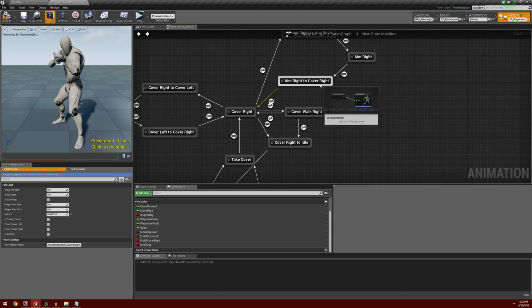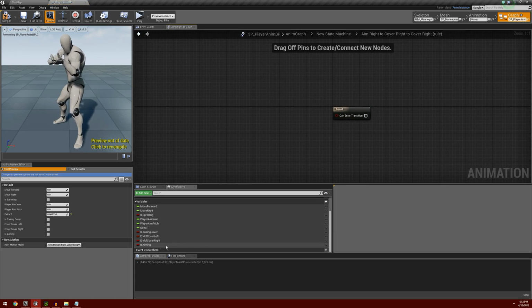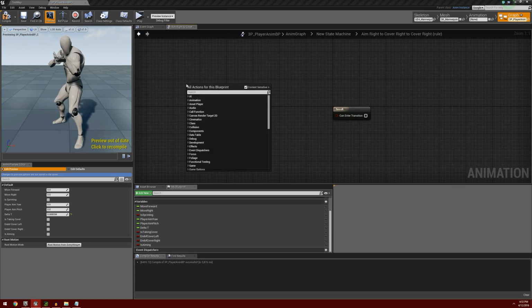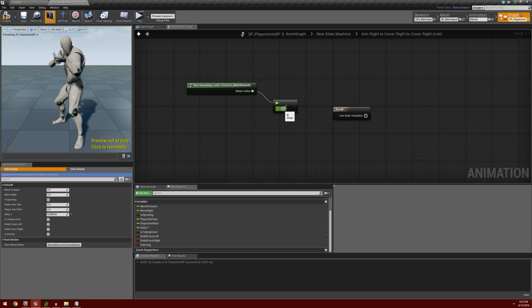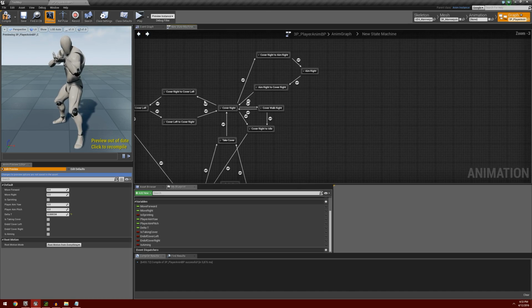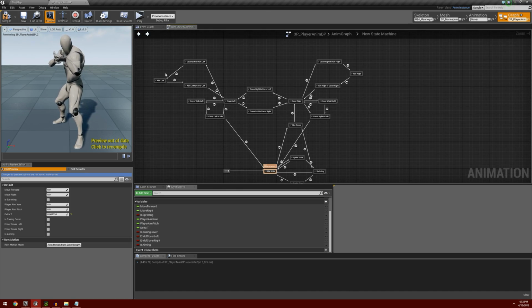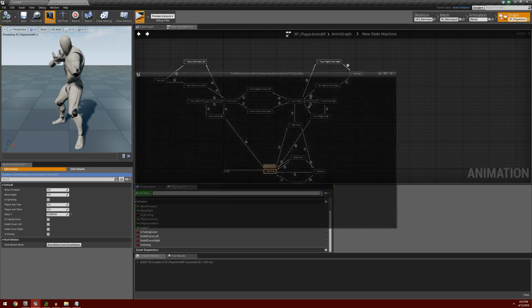And finally, for aim right to cover right, we're going to search for ratio, get time remaining, and check to see if it's less than a value of 0.4 again. And we're going to plug that into our result. So at this point, we have all our transitions filled in. If we compile and save, and hit play,